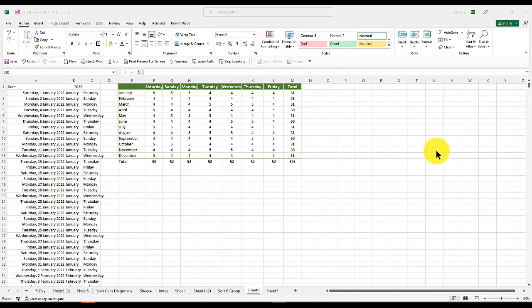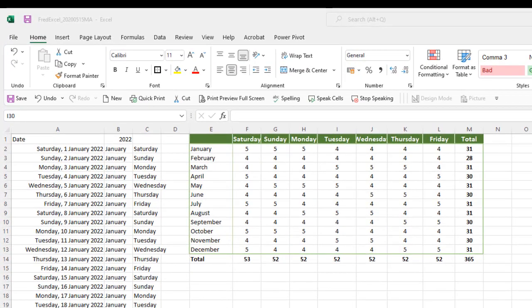Today we are looking at a challenge which a friend of mine got in touch about. The challenge was that he was running a business analysis where he wanted to project profits. But before he could do that, he needed to know the number of days in each month. For example, he wanted to know the number of Saturdays in the month of January, the number of Sundays, Mondays, Tuesdays,